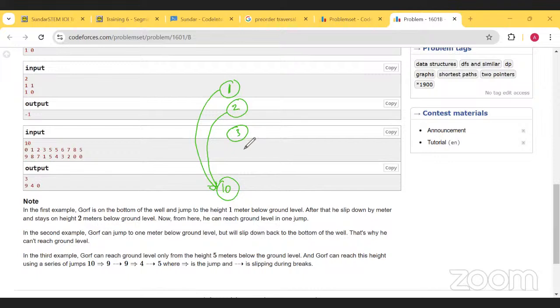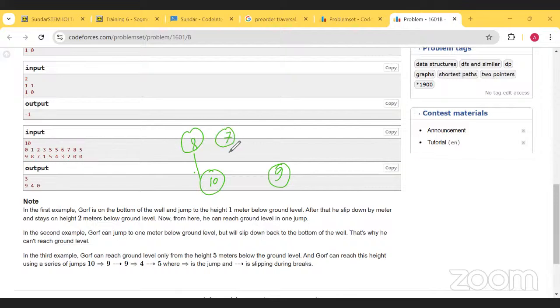And then for the third node we also slip here. Maybe we can start from the last node, right? For 10 we will not slip at all, and 9 also. 8 will be equal to 10, and then 7 also,